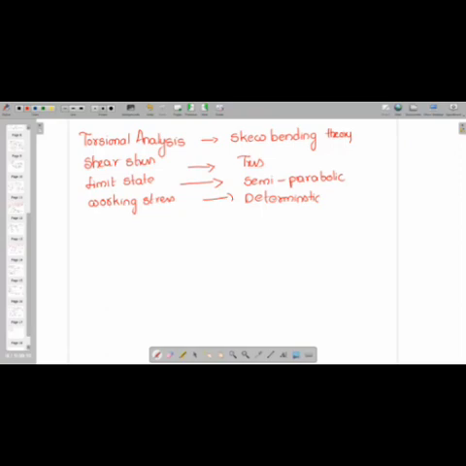Tanvir, Rohit, please wait. Tanvir, usually the cracks due to torsion will be vertical. In some cases, when you see in general, it is not like that in every case. But in most of the cases, the cracks due to torsion will be vertical. They can be inclined also, but in general we say it is vertical.